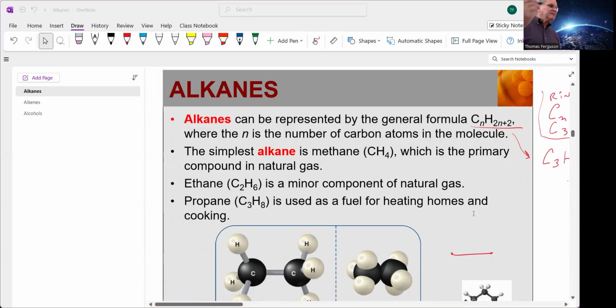Now, in this chapter, we're going to be naming compounds, and those